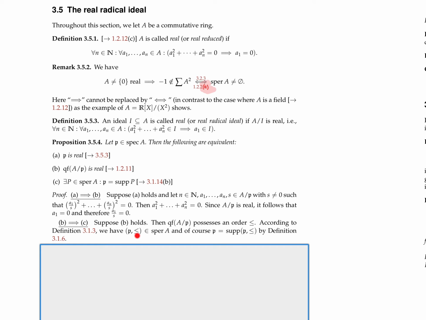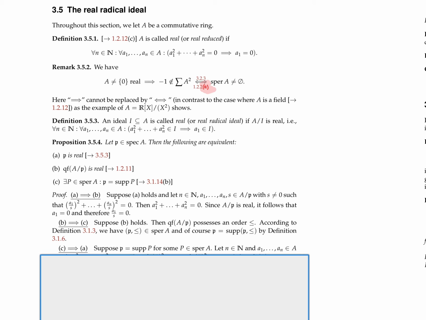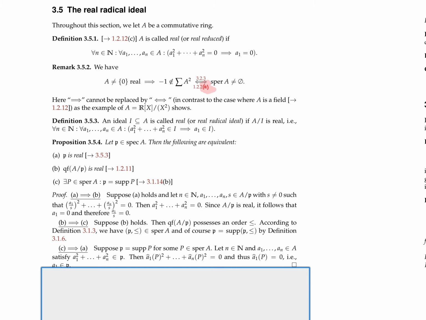So P together with this order is by definition in the real spectrum of A, by the definition of a real spectrum. And of course, P is the support of this, by definition of a support. Okay, so that was very easy, but we used the fact that a real field possesses an order. From C to A,